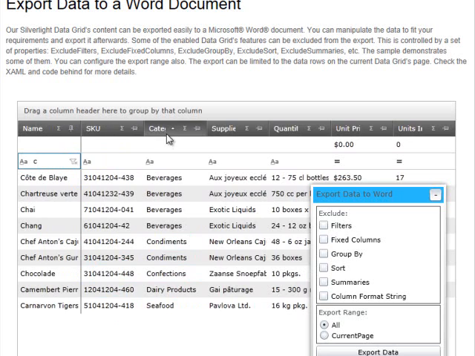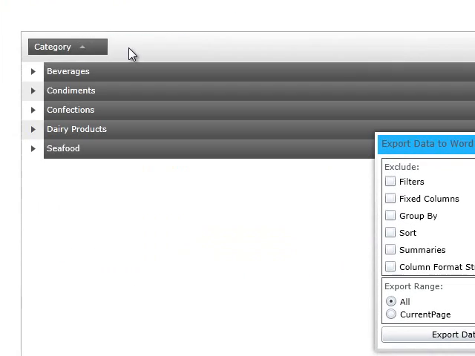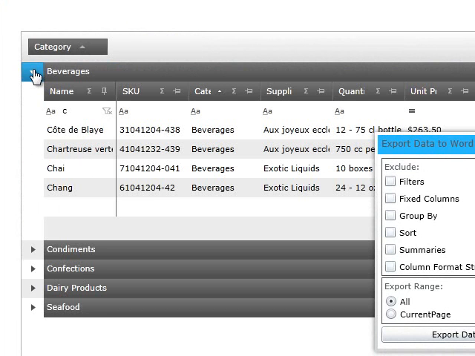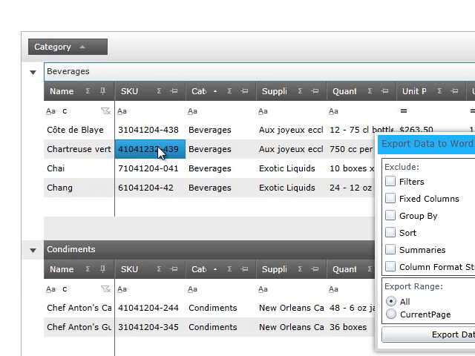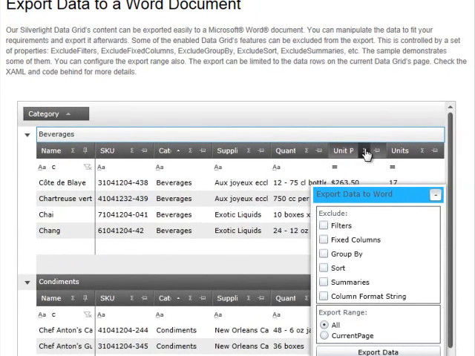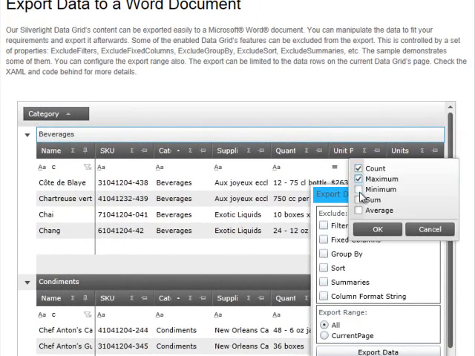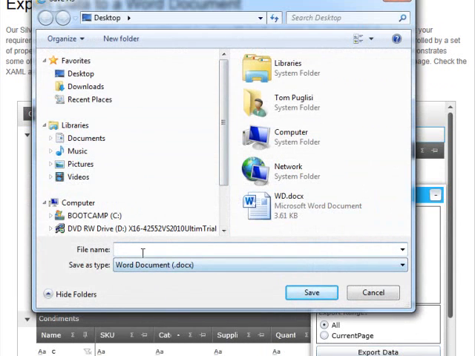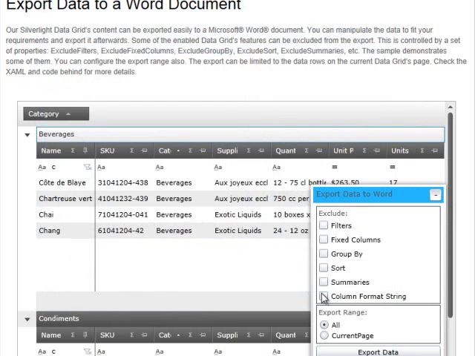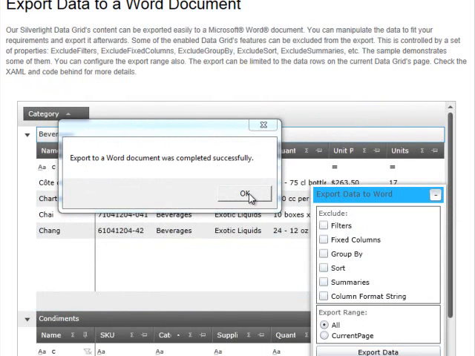So if I sort on category, notice that I can drag and drop the category grouping here and create my groups. So everything is grouped by category, so a distinct list of categories, beverages, and all the items that relate to beverages are underneath this parent row. And we also have things like summaries and various items. So if I add a quick summary here, or several summaries, and we click the export data button, I'm prompted for a download,